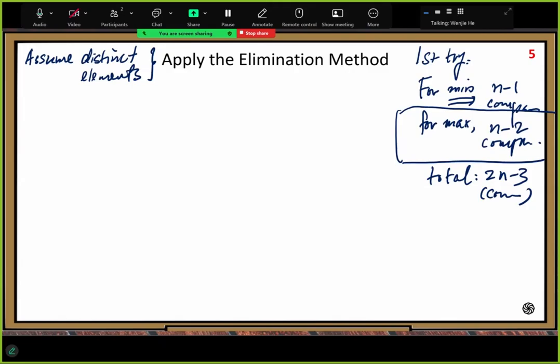Although you eliminate one element, that's not enough, because you have a lot of known information you didn't use in the second round. So you waste a lot of information. That's why this solution cannot be the best solution. We can save more. Okay? All right, so let me stop right here. In the next class, let's